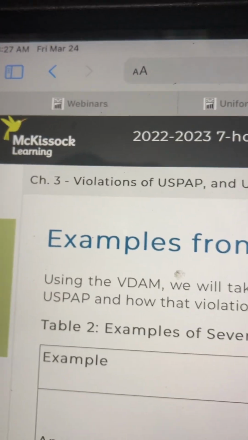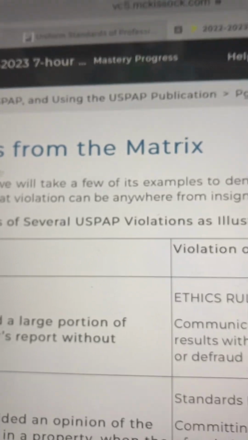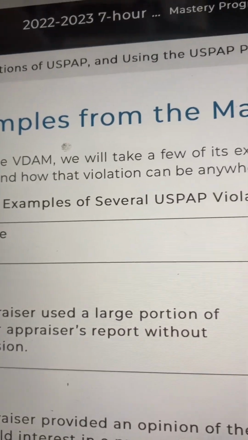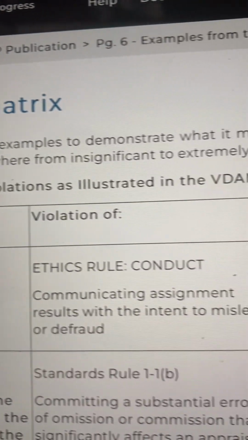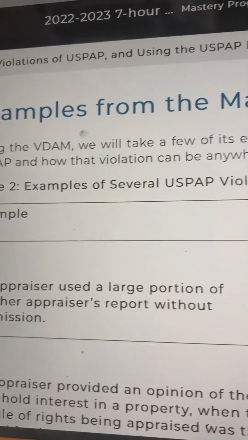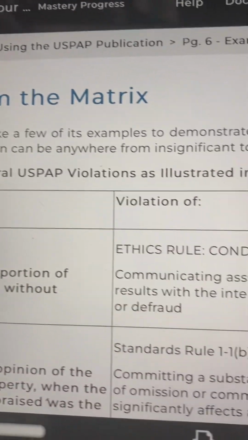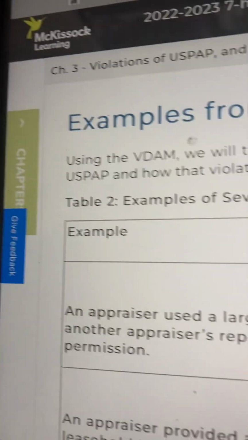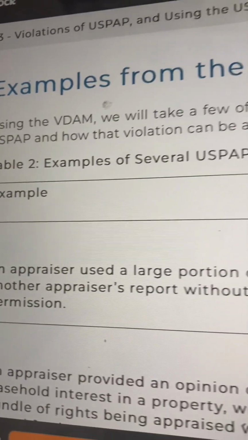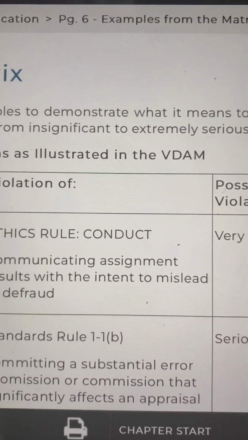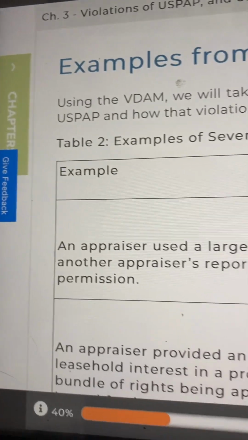Page 6, examples from the matrix. Using the VDAM, we will take a few of the examples to demonstrate what it means to violate USPAP and how that violation can be anywhere from insignificant to extremely serious. Table 2, examples of several USPAP violations as illustrated in the VDAM. Example,